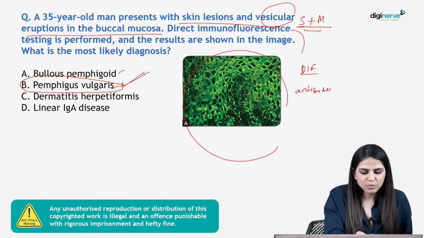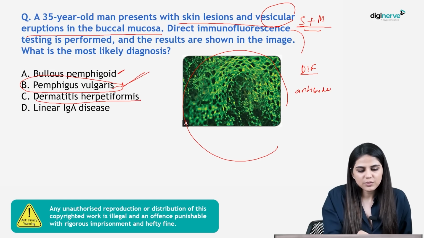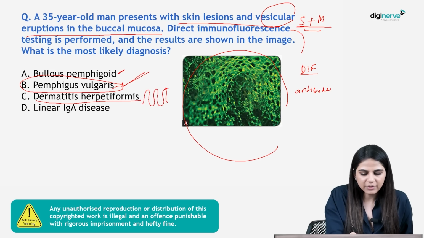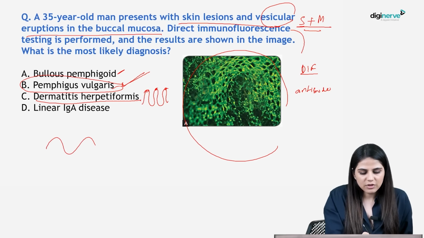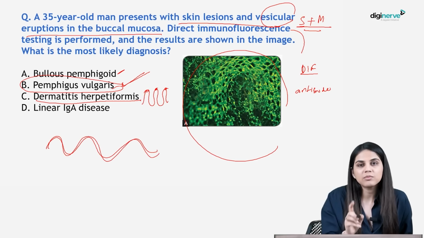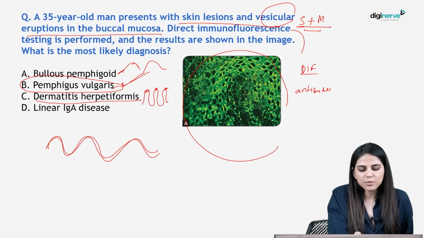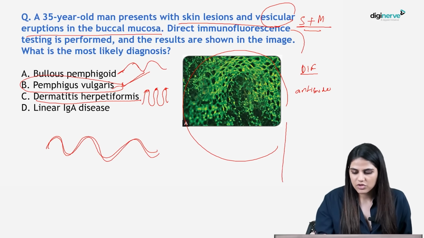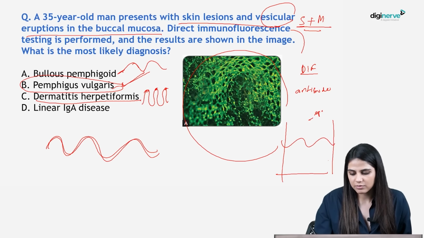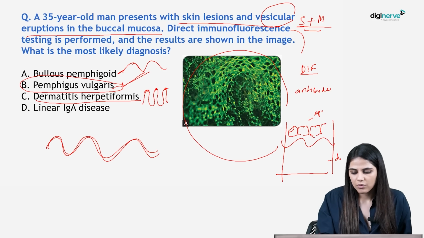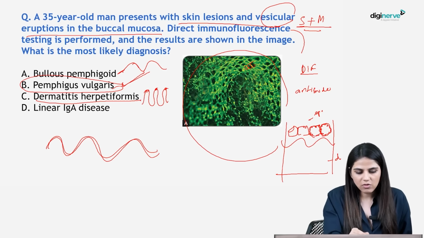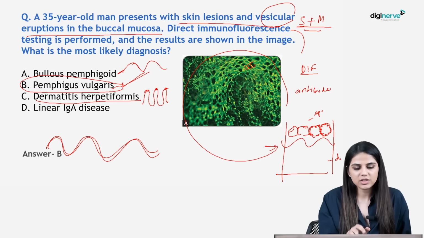Bullous pemphigoid will show bullae. Dermatitis herpetiformis will show deposition at the papillary tips. Linear IgA will show linear deposits on the basement membrane zone. Even bullous pemphigoid will show deposition on the basement membrane zone. Just a quick revision. Epidermis, DEJ and dermis. Alright, so epidermis here has the stratum spinosum, where the cell surface will show positive DIF, which is here, here, here. Rest, all the three are on the basement membrane zone. The answer here is pemphigus vulgaris.